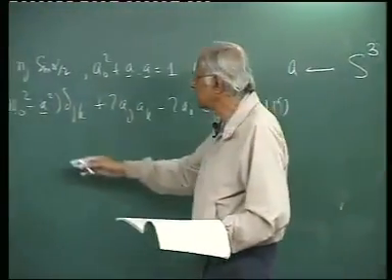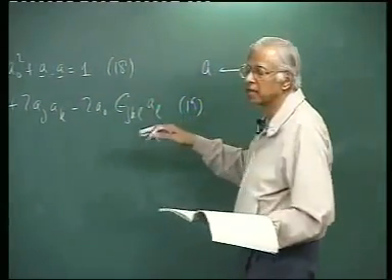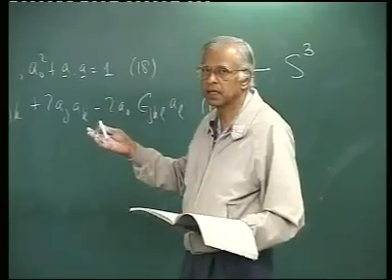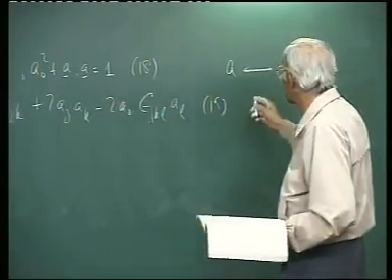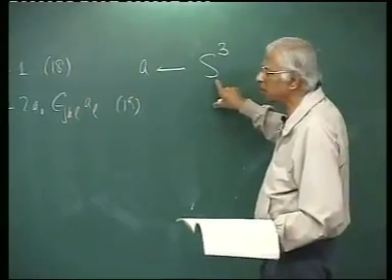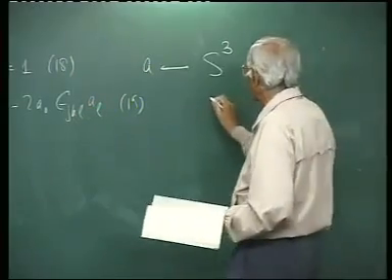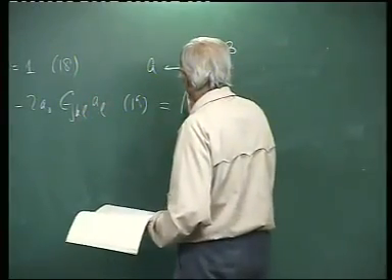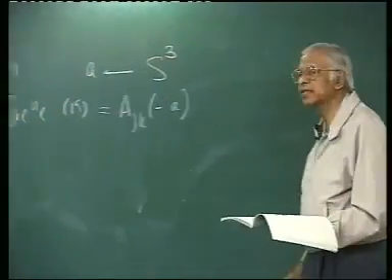But you see that every term in this matrix element formula is quadratic in the 4 A's. So what does it mean? Does it mean that we have a one-to-one relationship between group elements and points on the sphere in 4 dimensions? No. The point A and the point minus A give you the same element of